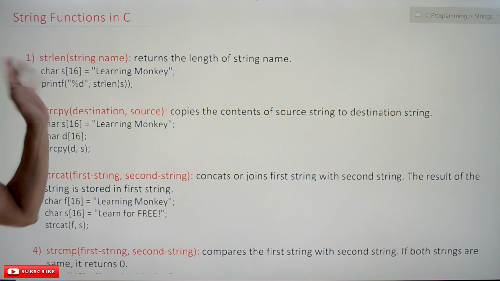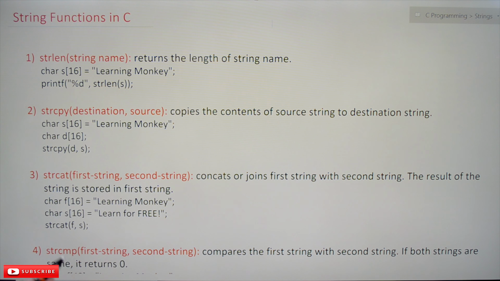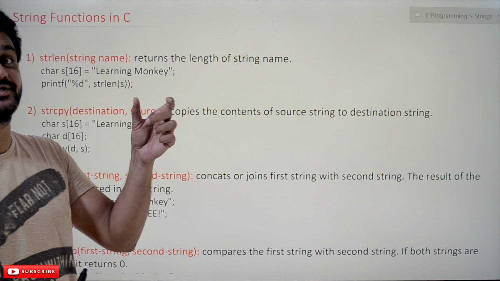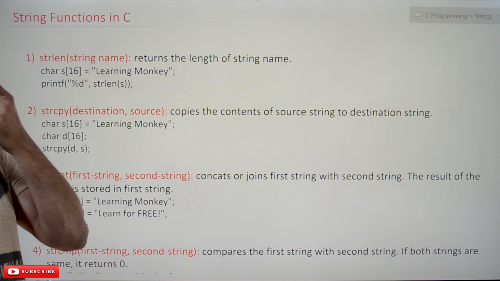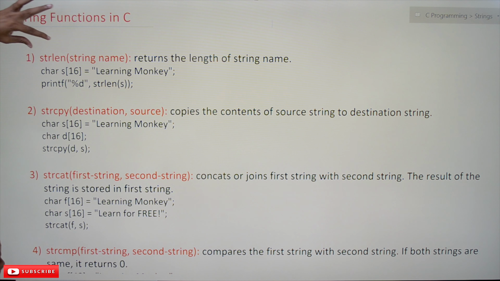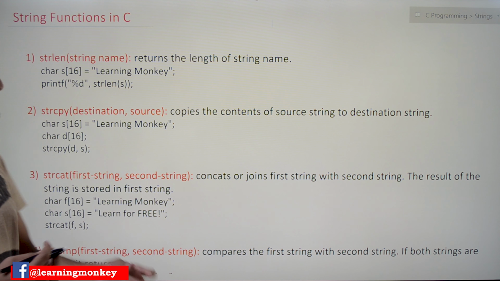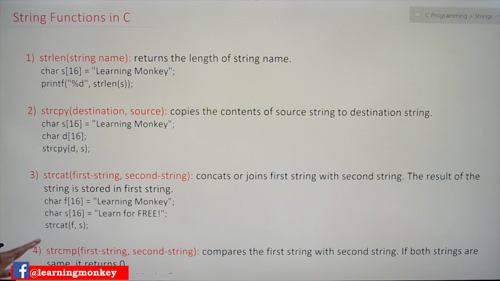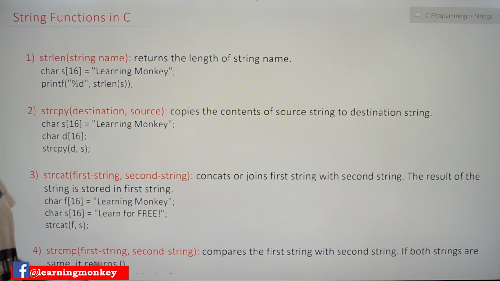Now, string functions. So what are these string functions? These functions are predefined functions in C compiler, and these functions are stored in the string.h header file. About the header files, we'll try to understand them in our later videos. These functions work on strings, and each function is going to do a specific job. We're going to cover some of the string functions, and you can Google the remaining functions and know what other string functions are available.